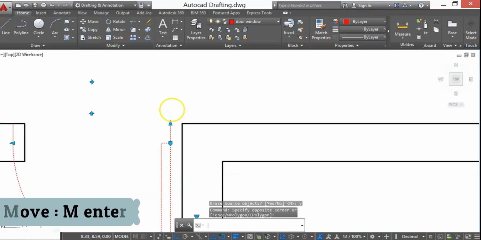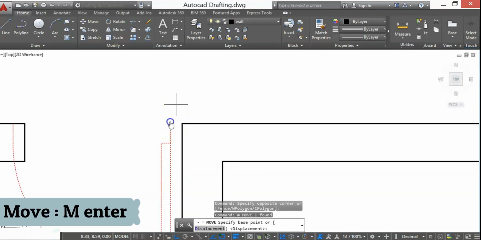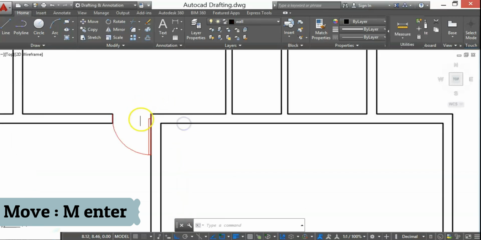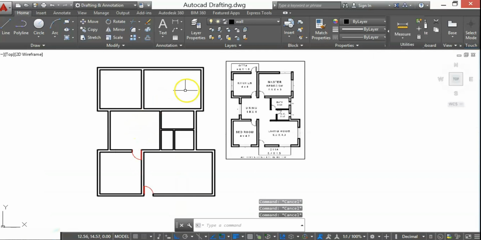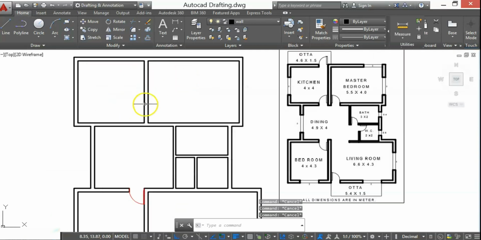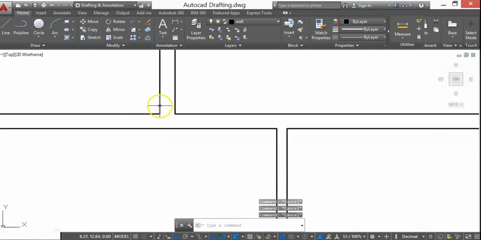Now I'll move this to a wall. Same way I'll add doors to the kitchen and master bedroom areas.